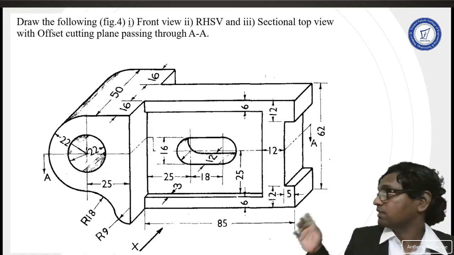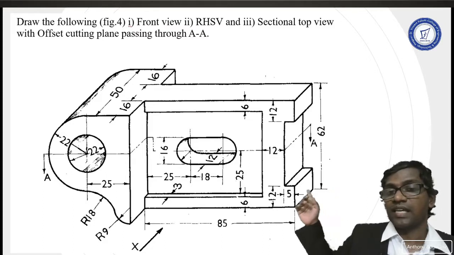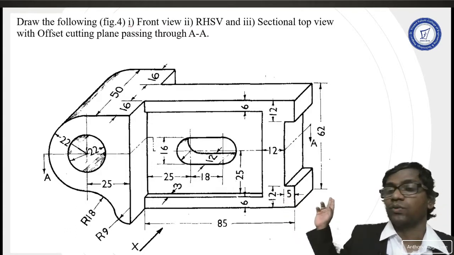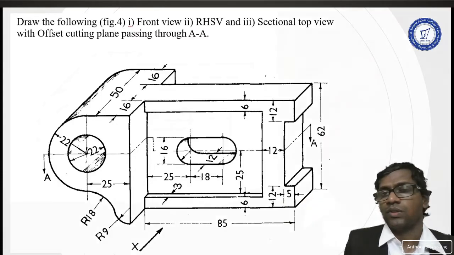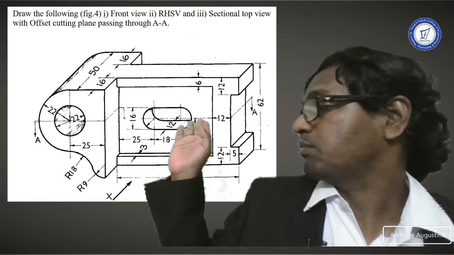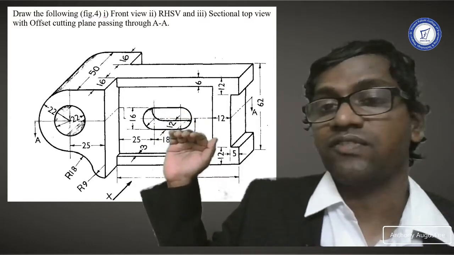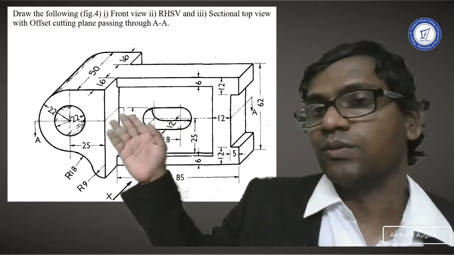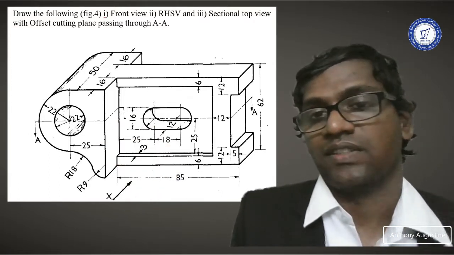It is an offset section. You can see that the center line, which has been given the name AA, is a cutting plane that passes through the center of both the tablet shape hole and the circular hole towards the farther end. So we can see that the cutting plane passes through the centers of both holes, which are not matching or are at different heights. This hole is at 31 mm height and the other hole is at 40 mm height. So this is an offset section.